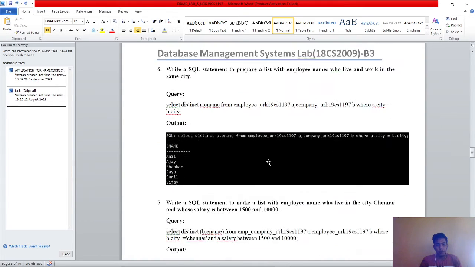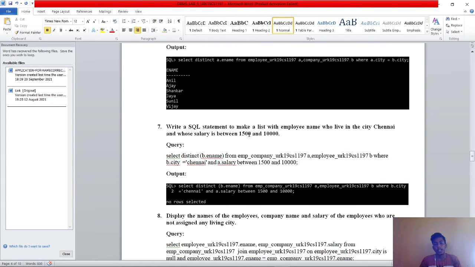The next problem is: write a SQL statement to make a list of employee names who live in the city Chennai and whose salary is between 1500 and 10,000.